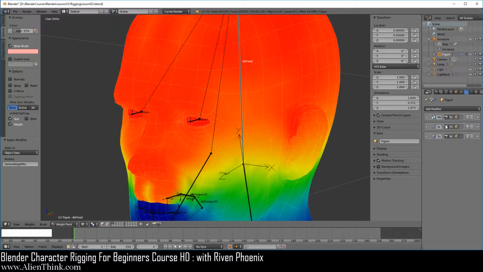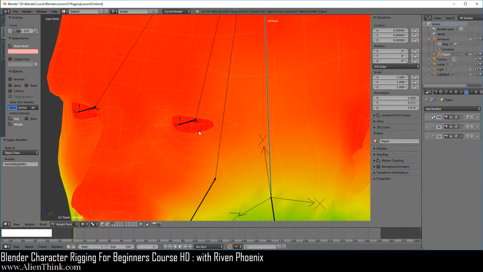Okay, now the next step here is that we need to knock out the dev.i.l vertex group from the vertices that we're using that were surrounding the eye, and we need to knock out the dev.head vertex group from the eye.